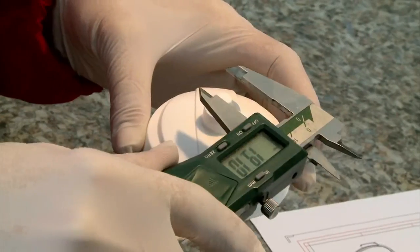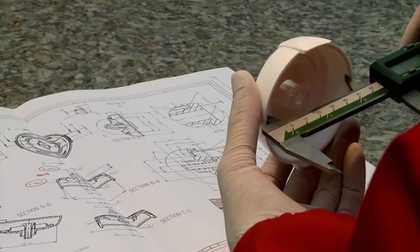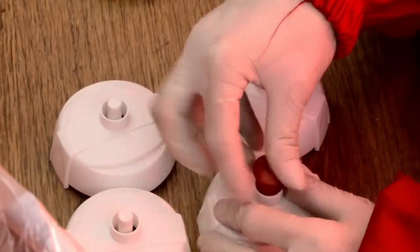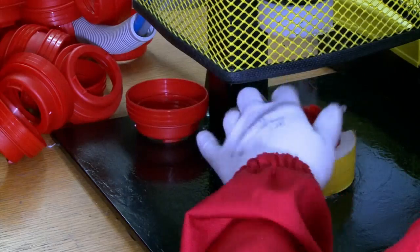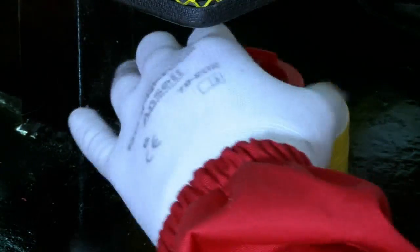Many predetermined control and security systems are in place for which the technician chooses product samples to be checked against specifications. The cap is ready for assembly by another department, which also checks for any anomaly in the materials and rejects defective caps. The cap is finally assembled, which is a relatively simple but still very important phase of the